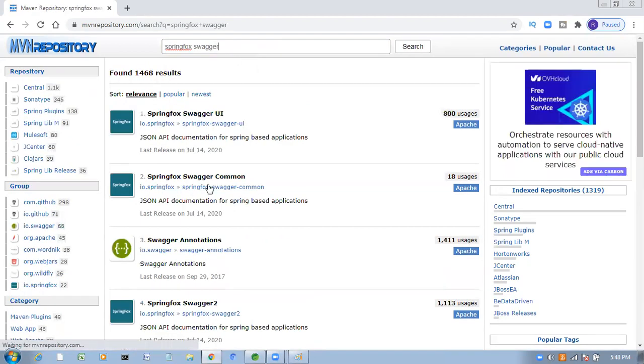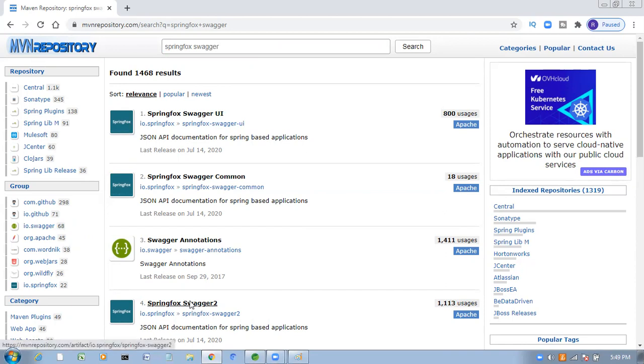Now see, this one is required. This is the UI, for testing purposes, to check whether our REST API is working perfectly or not. We can test by using this Swagger UI. For providing the documentation, we need to use Springfox Swagger 2 for generating the document, and by using Springfox Swagger UI we can test whether our API is working properly or not.